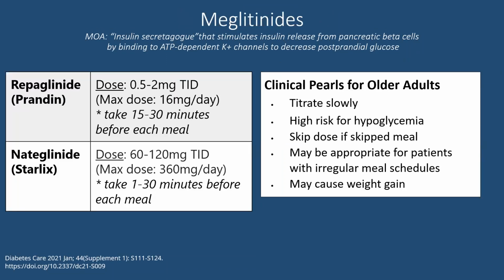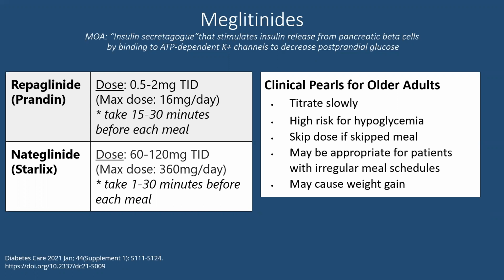The next group of medications are not often used, and I wonder if we are underusing them. So these are also insulin secretagogues. They work very similarly to a sulfonylurea, but they don't have the structure of a sulfonylurea. But the main difference is kinetics. They work very quickly. The onset of effect is within 15 to 20 minutes of taking the medication, and the half-life is really short. It's just a couple of hours max. So really, it should be dosed around meal times.